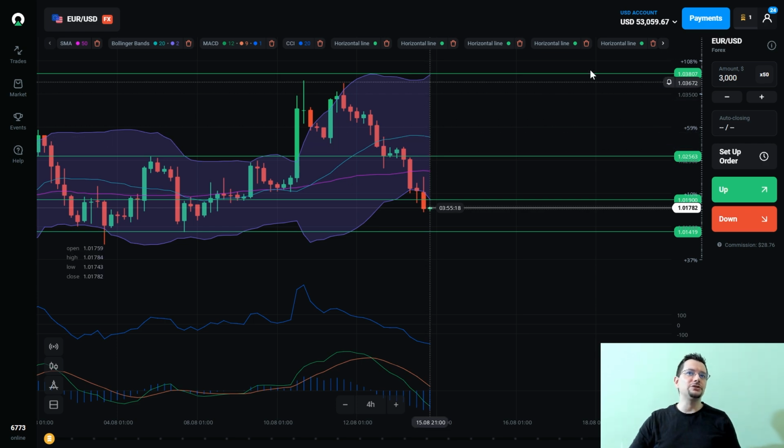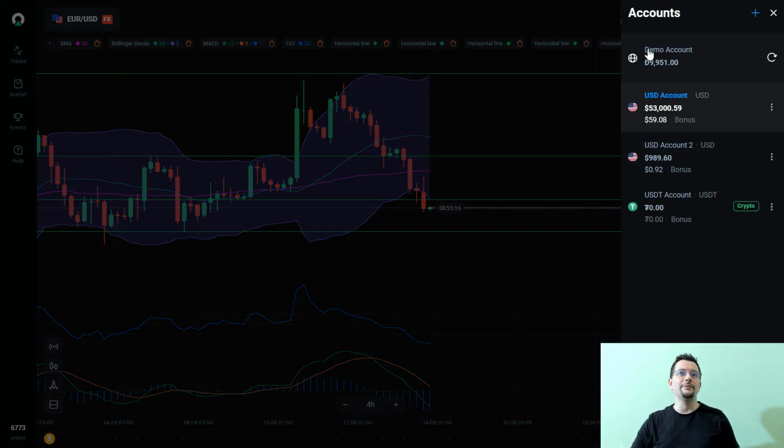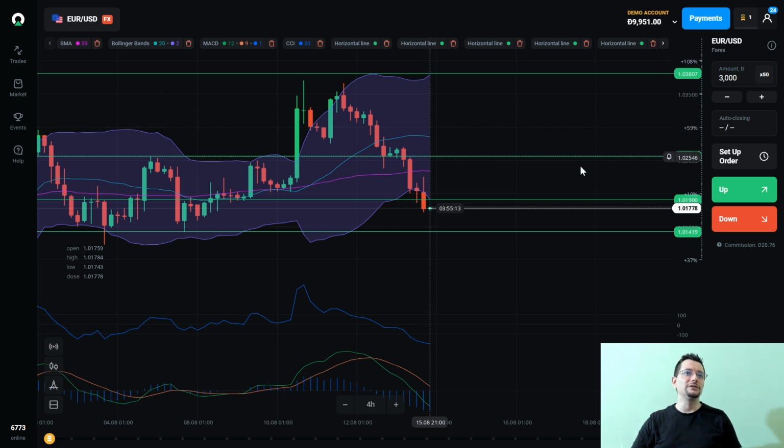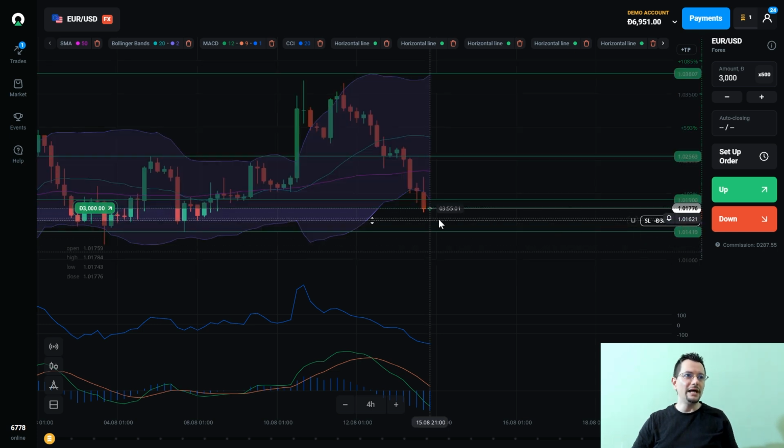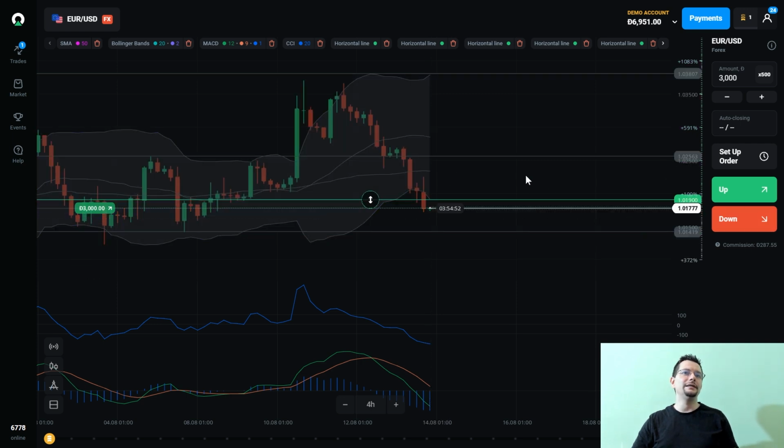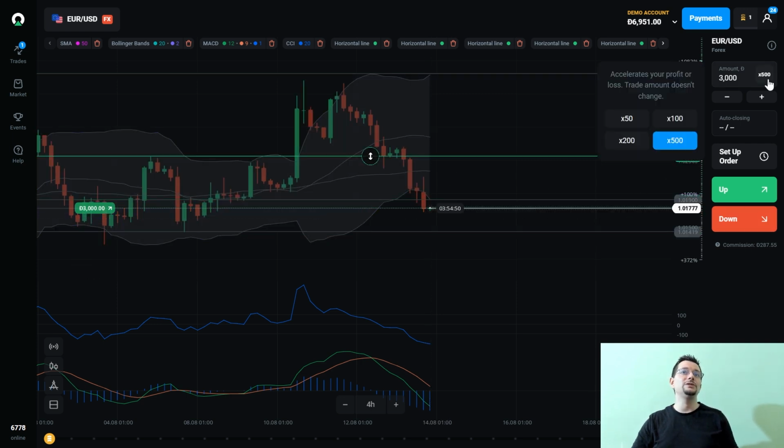If you find that your stop loss, let me go ahead and go to the demo account just to show you what this looks like. If you find that you're making a $3,000 trade with a 500 times multiplier, and you're looking to put up your stop loss, here I have my stop loss, and you see how incredibly close it is. I don't even get a chance to let price reach this lower level. Well, what you want to be doing in this example is using a smaller